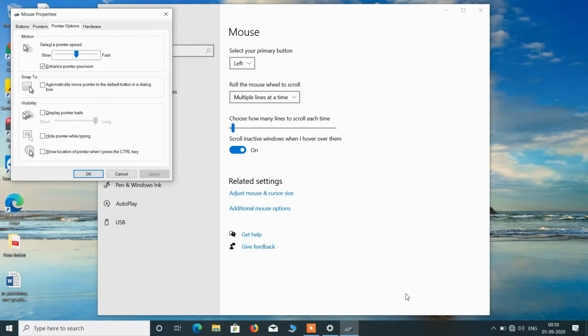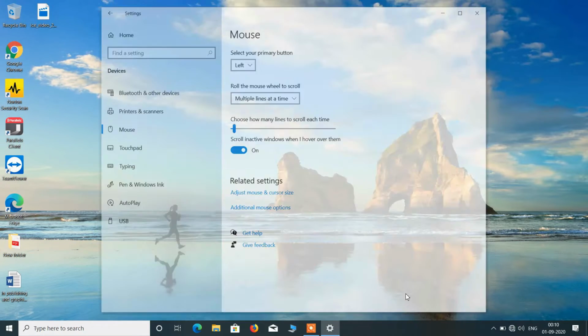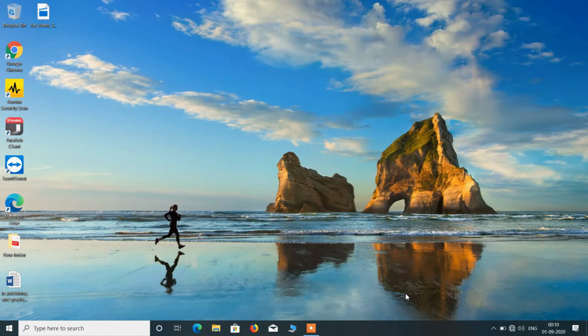In my system Alt F4 is working, so just check whether function Alt F4 works in your system or is it just Alt F4. So this was method 1 to fix the mouse issues.